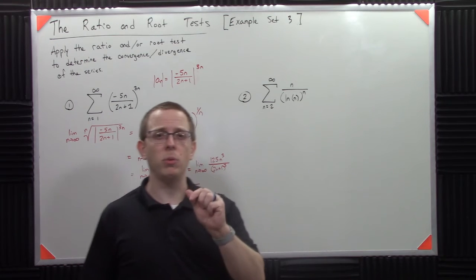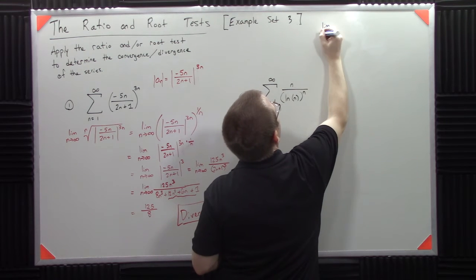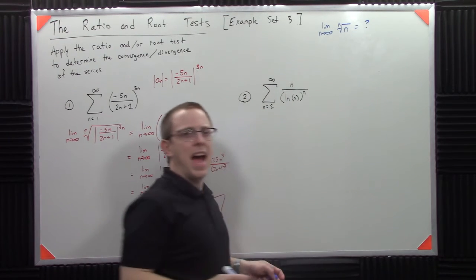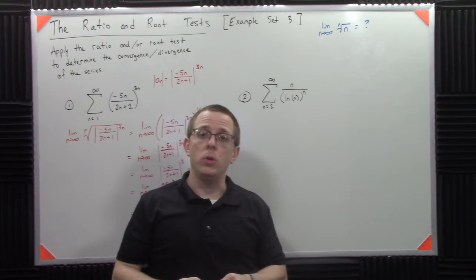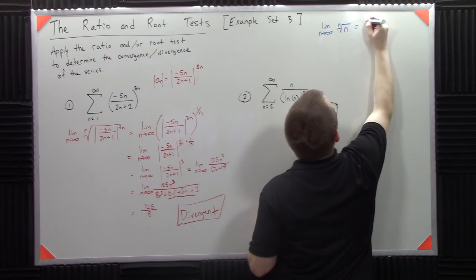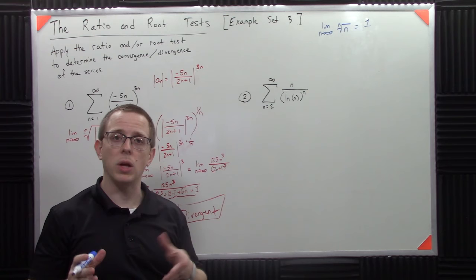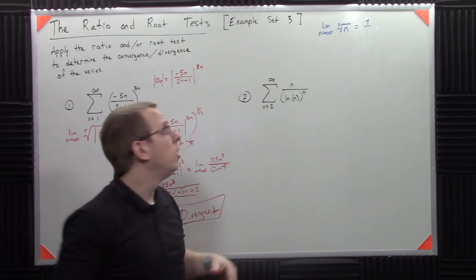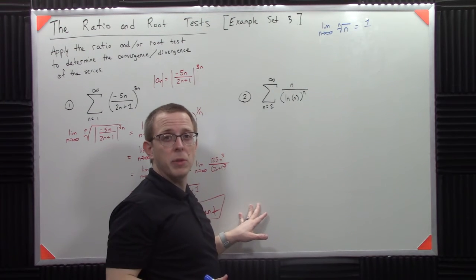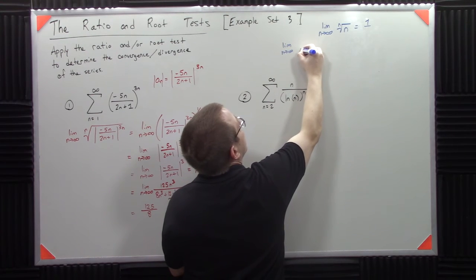There's something that we haven't really talked about yet, and it's the idea of what is the limit of the nth root of n. That's a good question. The short version is that it's 1. And the long version, if you want to know, I'll do it. And if you don't like this, just scroll through till I get to this part. But it comes down to the fact that you have to do that sort of log limit thing where you say, this is the limit as n goes to infinity of n to the 1 over n